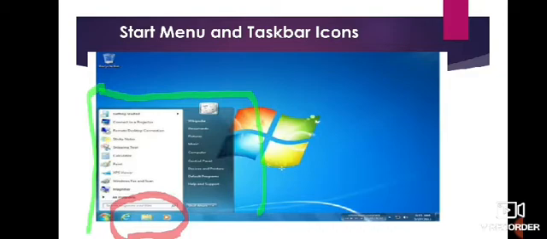As I have explained, the small buttons or pictures present on the desktop are desktop icons, and the icons which are present on the taskbar are known as taskbar icons. I'll show you one more time. These icons which are present on the taskbar are known as taskbar icons.